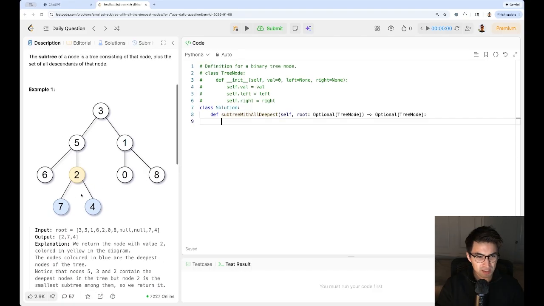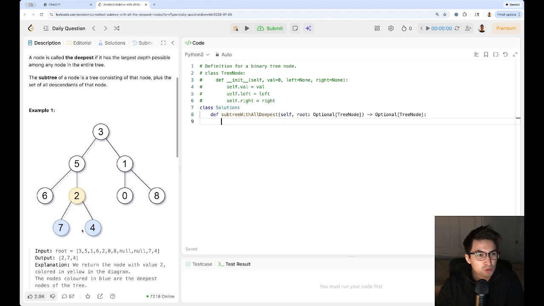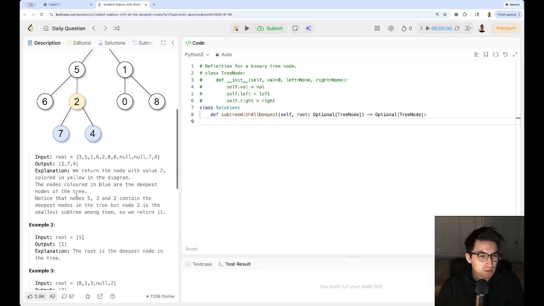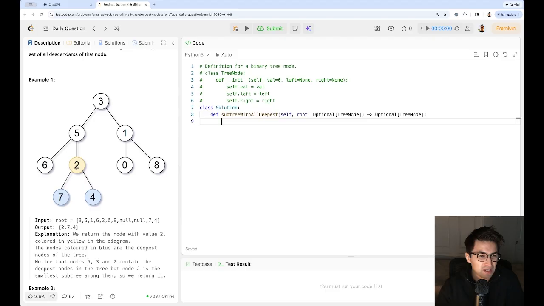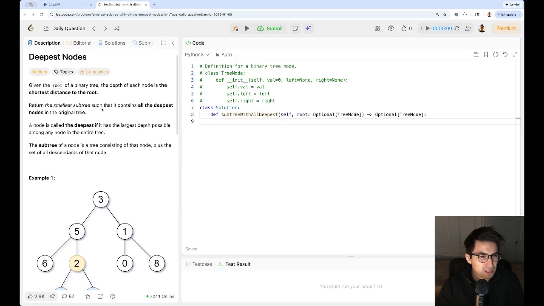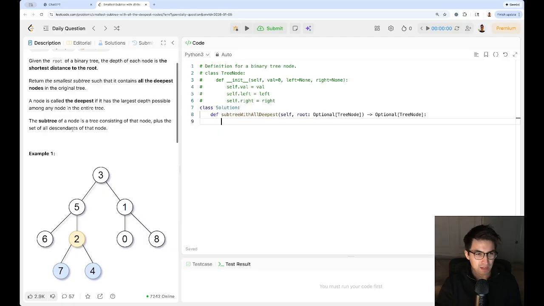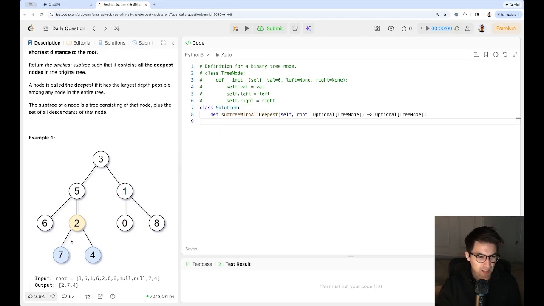But I'm wondering, doesn't it stand to reason that the smallest subtree would be the tree with both the deepest nodes and just the parent node? So wouldn't it make sense just to return the parent node such that it contains all the deepest nodes in the original tree? Wait a second, that's not necessarily true, because in this example that works, but say